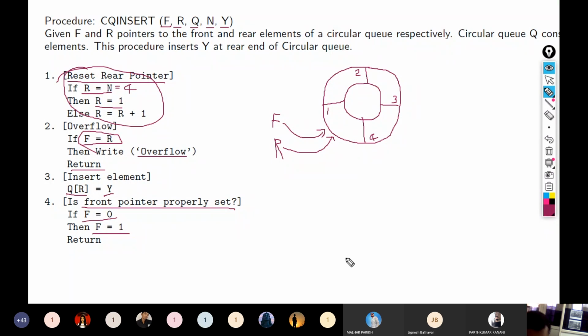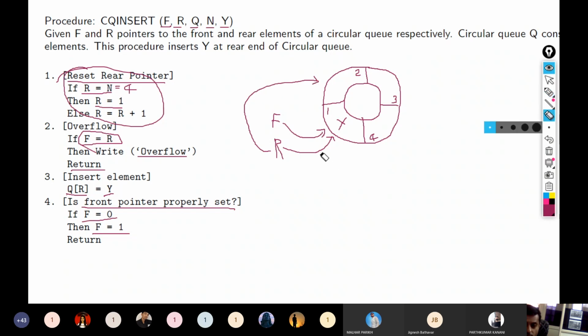Any questions? Have you understood this? So here the element y would be inserted, right? Now if I again run this algorithm, R is not equal to n, so I will increment R from this to the next location, right?